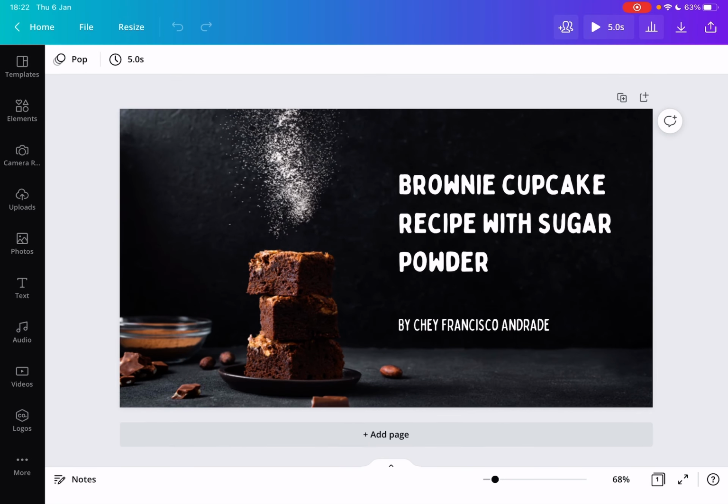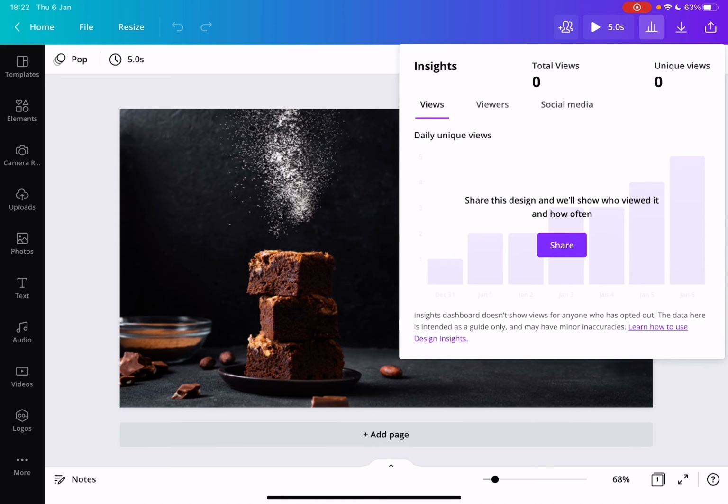So let's jump into it. First, open Canva and open your project, and to see the statistics of your project, how many people saw it, and what are the social media statistics around it. There is a very easy way. On the top right corner of the screen, right near the download button, as you can see this little statistics icon. If you tap on it, it's going to open up the Insight tab, where you will see on the